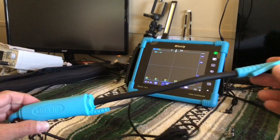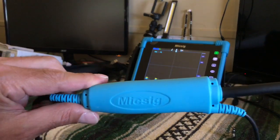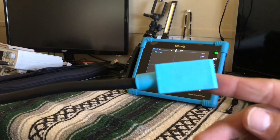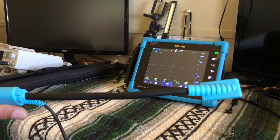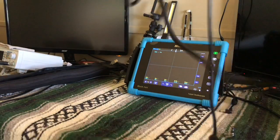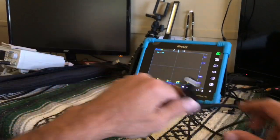See if I can get this in the shot here. This is as far as I can zoom out on my video feed. So we got Micsig here. We got the pad, the part that actually touches the ignition coils. What do I call it? Secondary ignition, COP, coil over plug probe, I guess you call these guys. On one end, you got two wires coming off it here. On one end, it's set up for your oscilloscope,